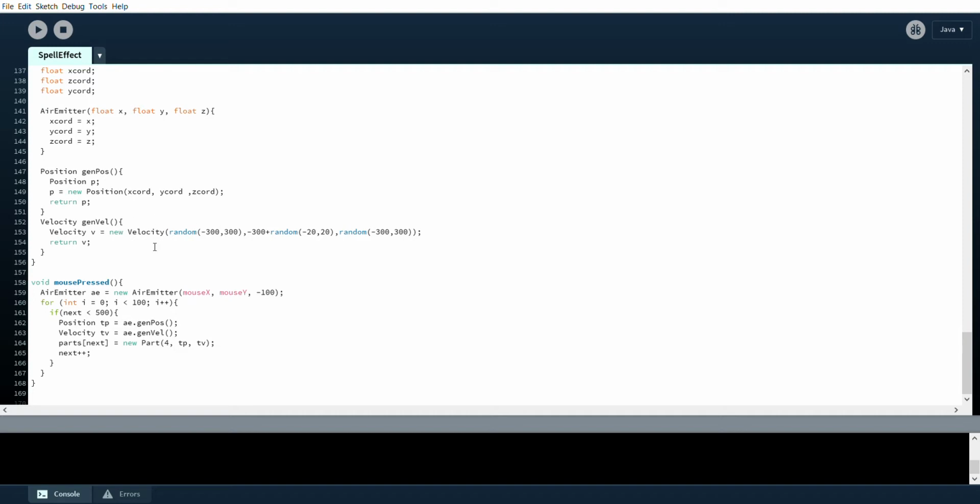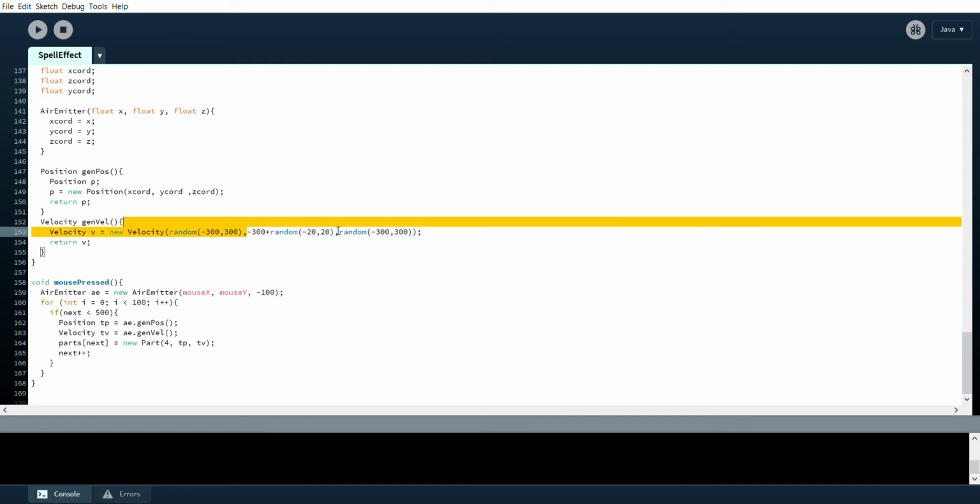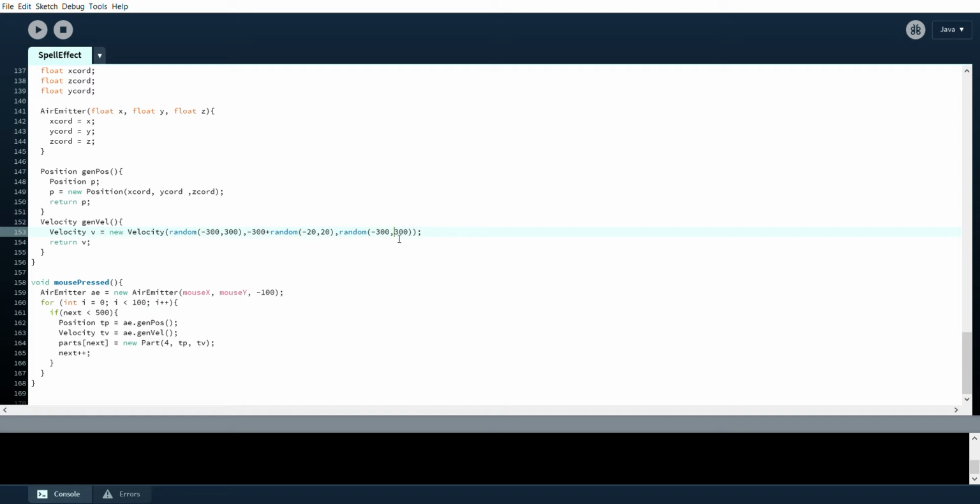random velocities to be all sorts of random. So there's a little bit of variance in the Y velocity, and then quite a bit of variance in the X velocity and Z velocity, so that it spreads out a lot. And then